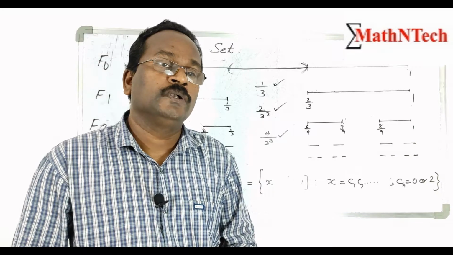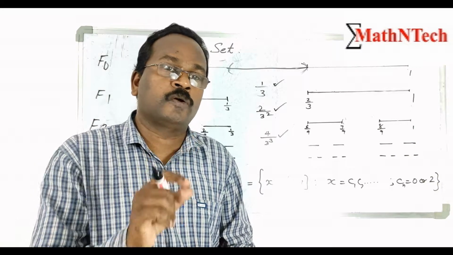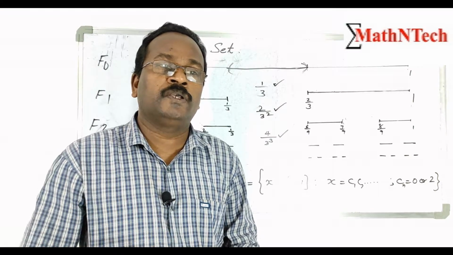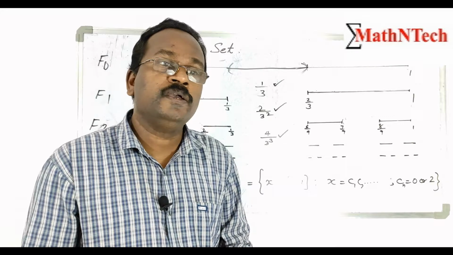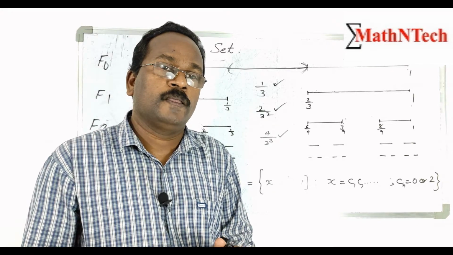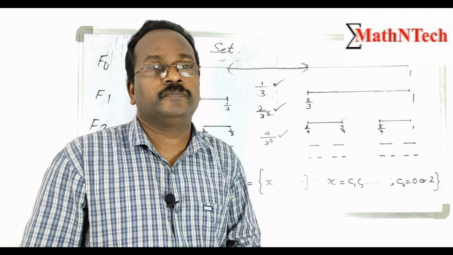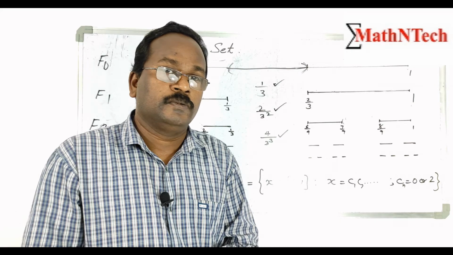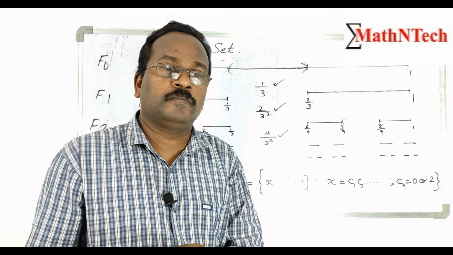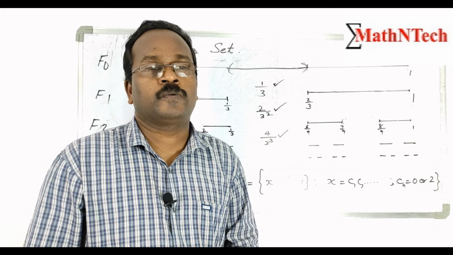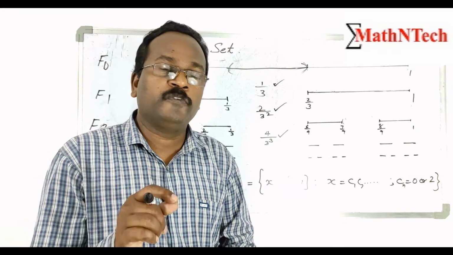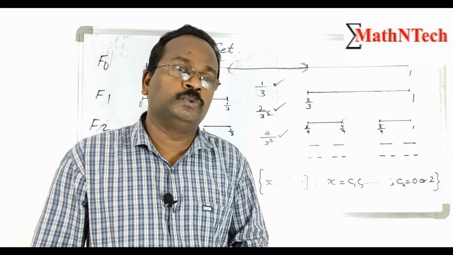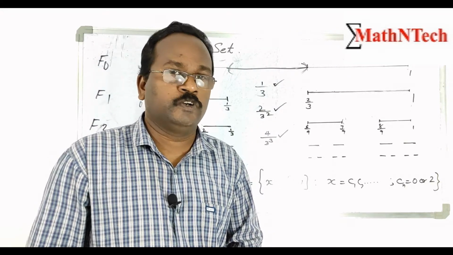So with 0 and 2, you can simply divide by 2: 0 by 2 is 0, 2 by 2 is 1. So 0 and 2 turn into 0 and 1 using the binary conversion. So we can define a function from ternary into binary. Every element in the Cantor set is mapped into a binary number in the interval [0, 1]. So define a map from the Cantor set C to the unit interval [0, 1]. That map is onto and continuous but not one-to-one.